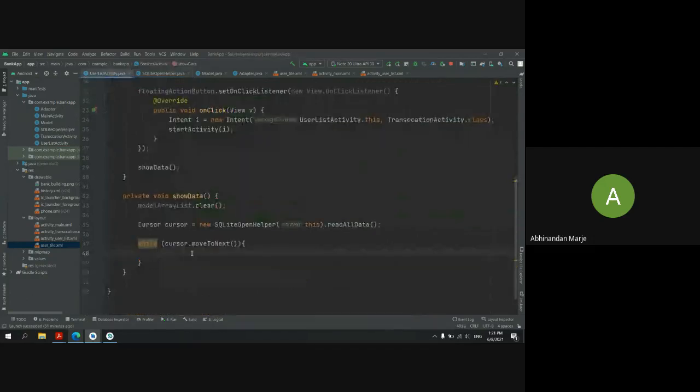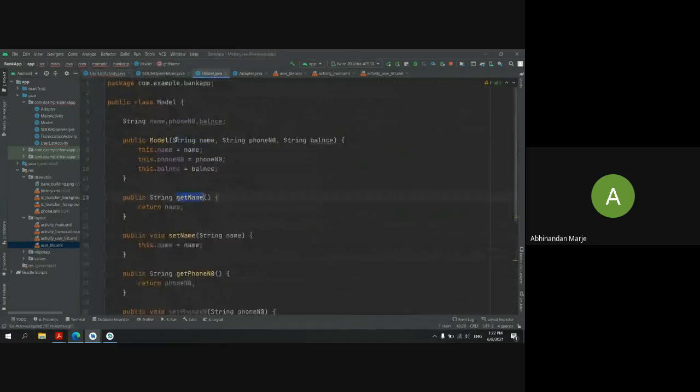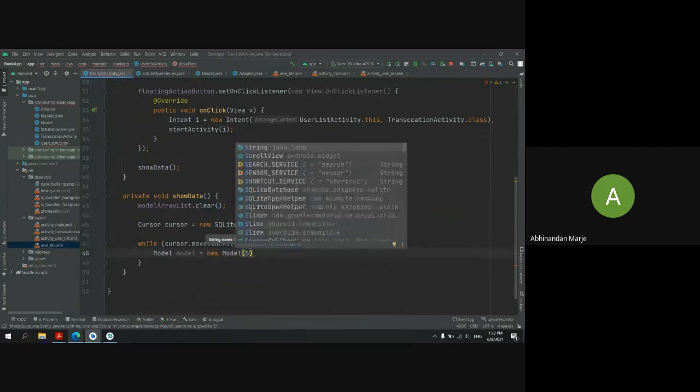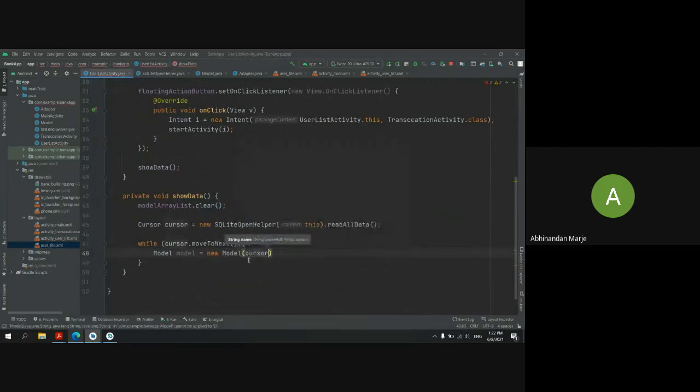So I will create a model class, which we have done here. You can see this model class accepts the name, phone number, and balance, right? So I'll give that here, new model class, and in this model class I will first pass cursor dot get string, which is the name, at index 1.